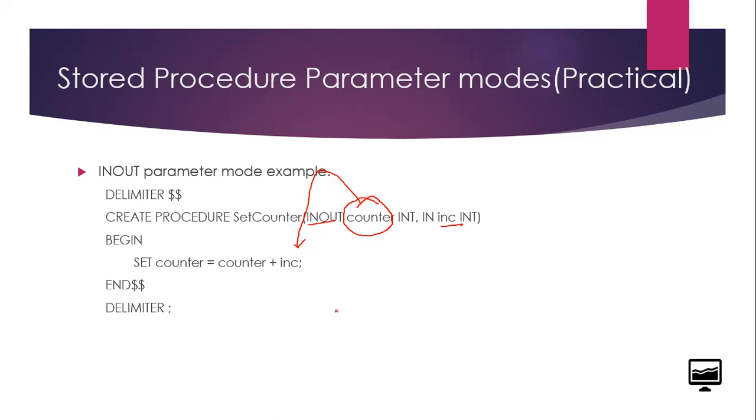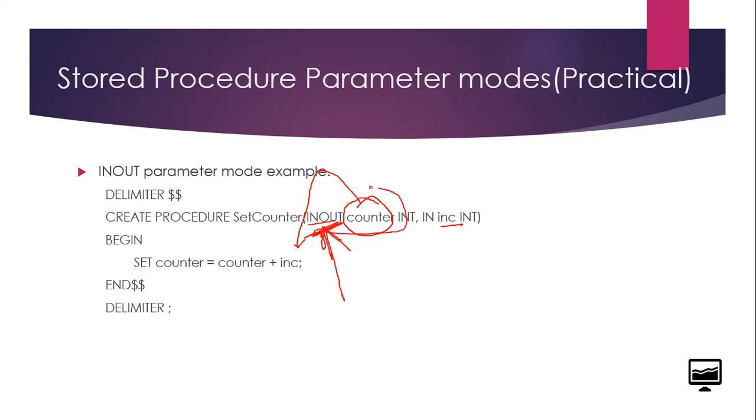Now you might have your answer. When you want to use any variable or parameter in an assignment operator, then you have to specify the parameter mode as INOUT. Or when you require to use only one parameter for both in and out, in that case you have to use INOUT. I will explain it with an example. First of all, we have to see this example.